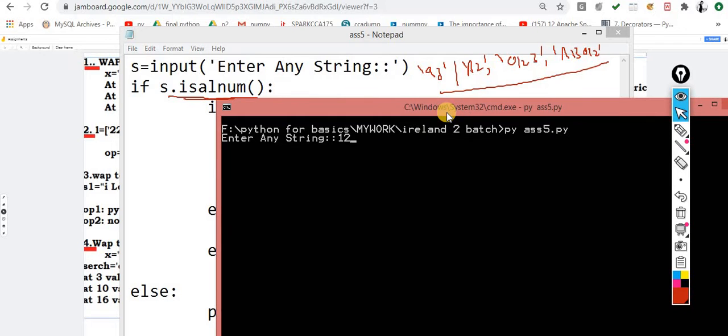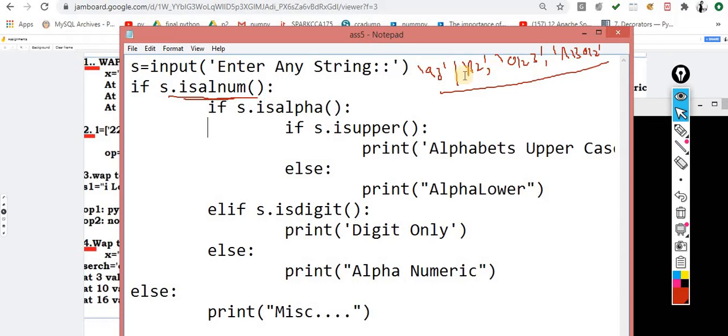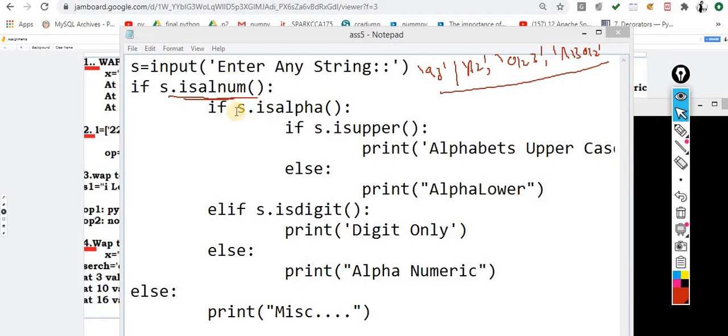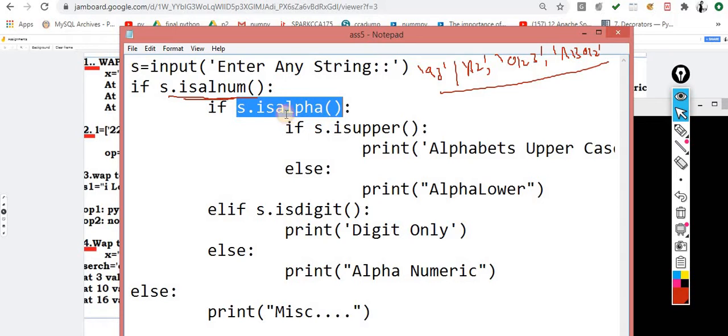Let me check for the digits as well, whether it's working fine. Yes, it's working well. So in all of these cases it gives true output. Whenever the output is true, I check whether it's alpha or not. If it is a to z or capital A to Z, this condition will be true.